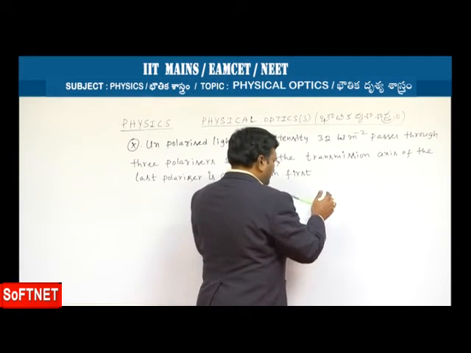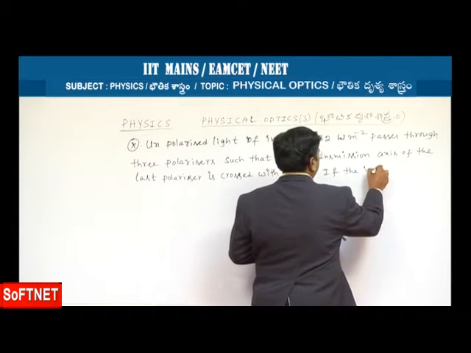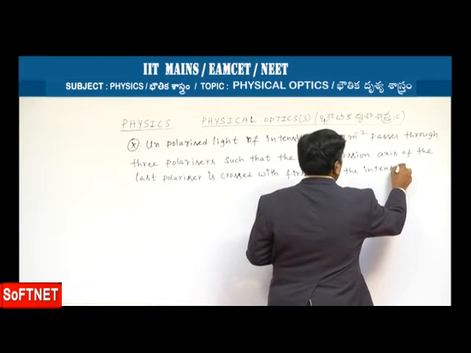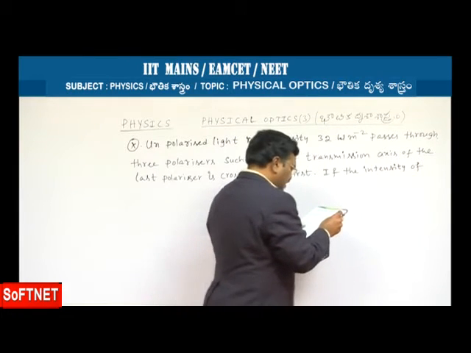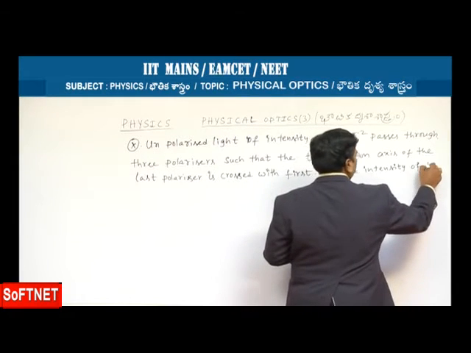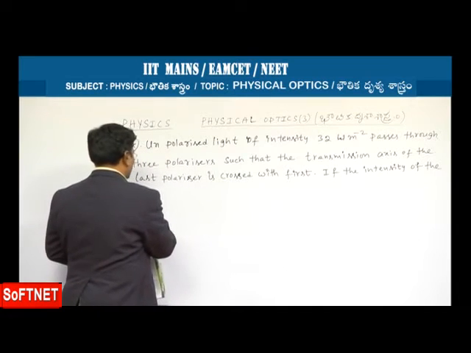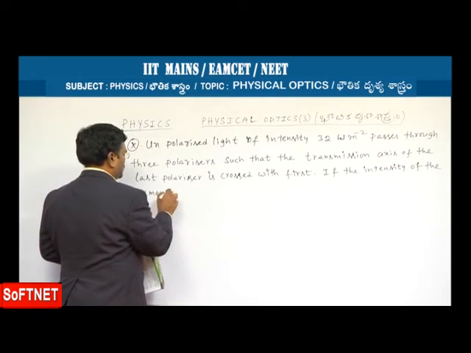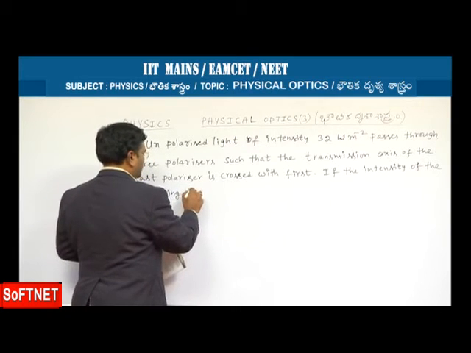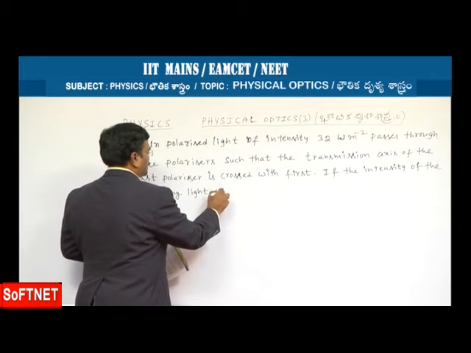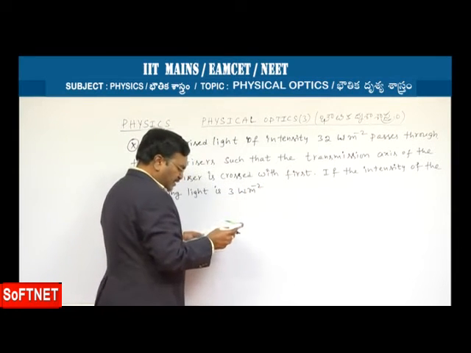If the intensity of emerging light is 3 watt per meter square,